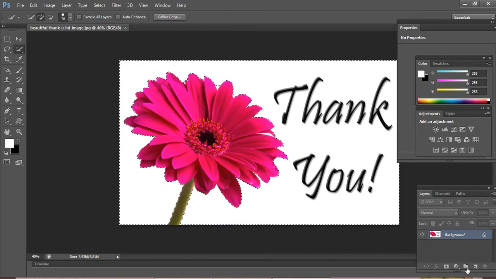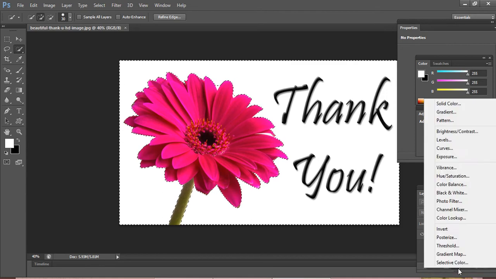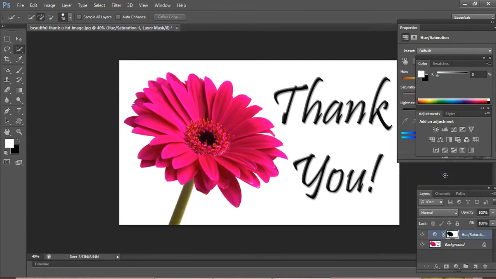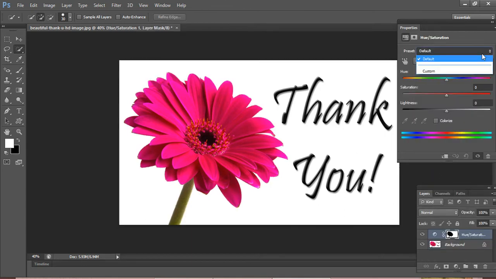After selection, see the layer panel on the right side. We have 7 icons at the bottom, and the fourth one is the new adjustment layer. Click this new adjustment layer and select the hue and saturation option. This dialog will open. In that, select Colorize.